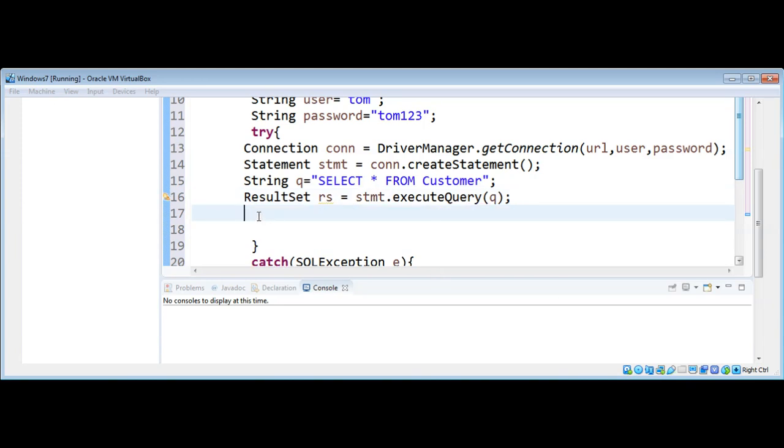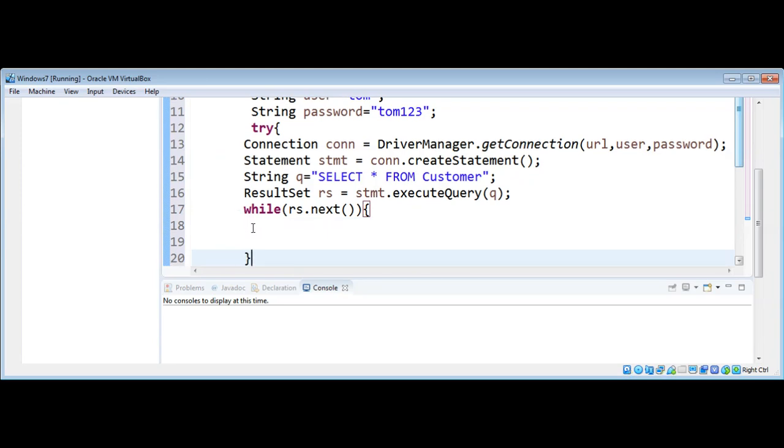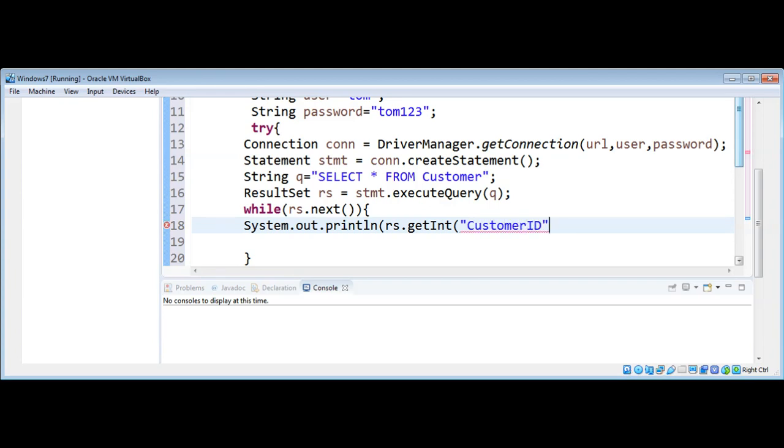And now we can process our results. We can use a while loop, pass in our result set, call the function next. If we have rows from our database, we are going to print those records of our customers. Use System.out.println, and first I'm going to use rs.getInt because our customer ID is an integer. I'm just going to pass in the column name so we can get the value of our customer. I will use print instead of println, so I just want one row printed on the same line. So I'm just going to do customer ID plus and then some space,